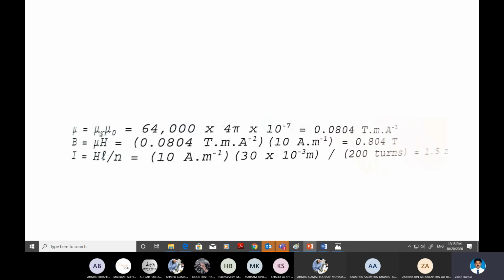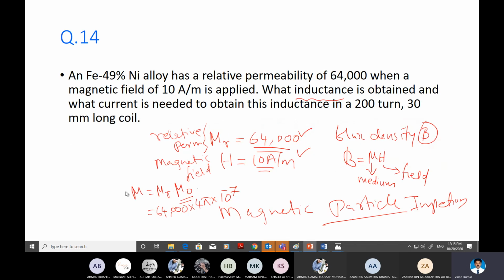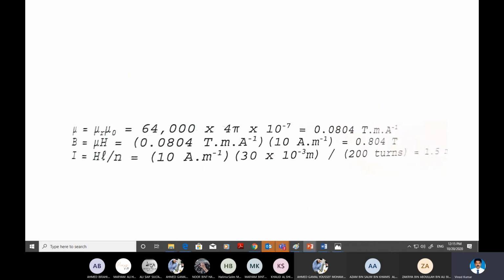When you multiply them, you get mu r mu naught, which is the permeability of the medium. So mu, the permeability of the medium, is